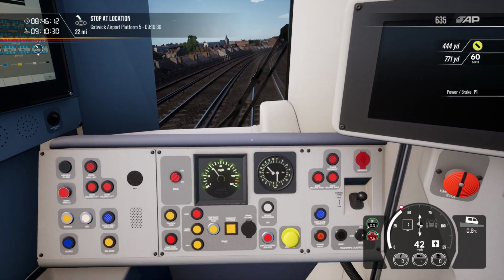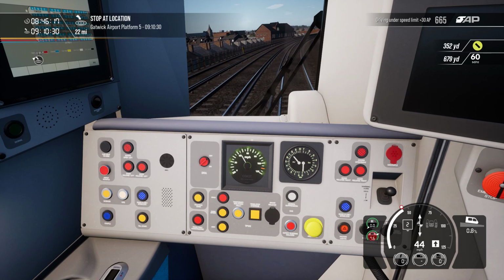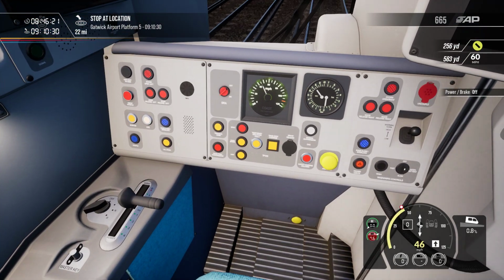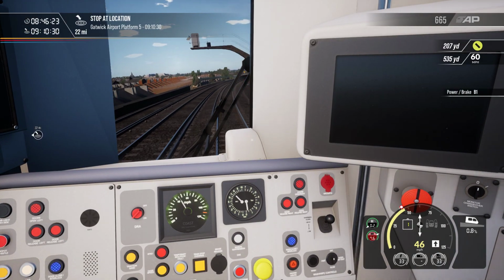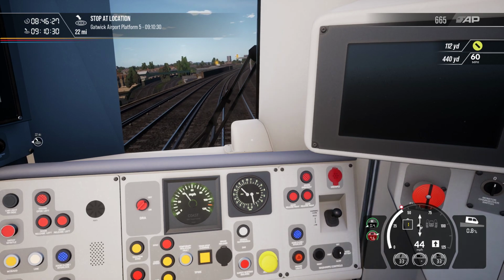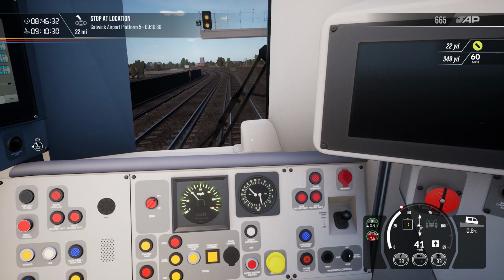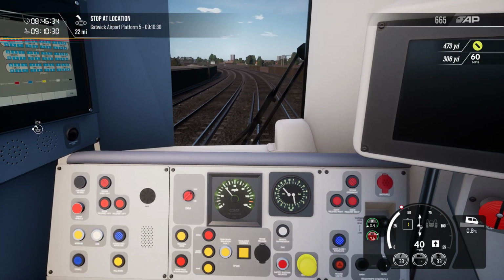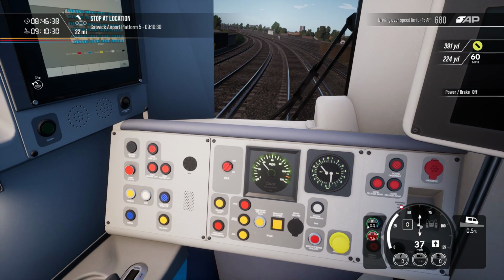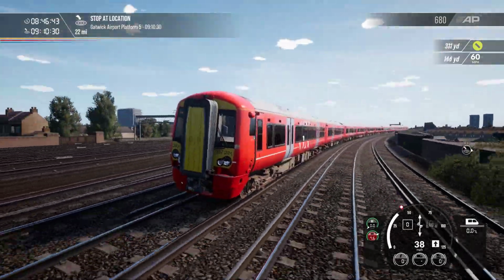Oh, I'm under speed. Let's be slightly over the speed. Oh, I need to stop. There's an orange signal. That means prepare to stop, doesn't it? I think. Yeah, watch out at these signals. I'm not sure now with the signals, because orange is like prepare to stop. So do I just